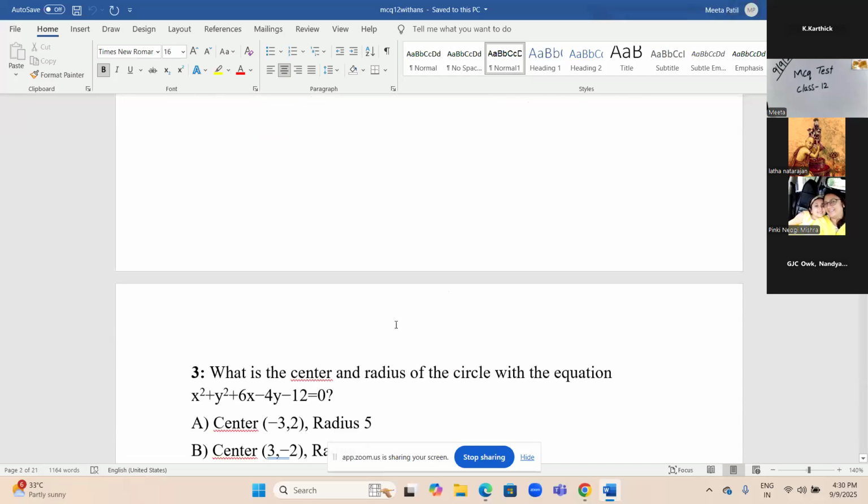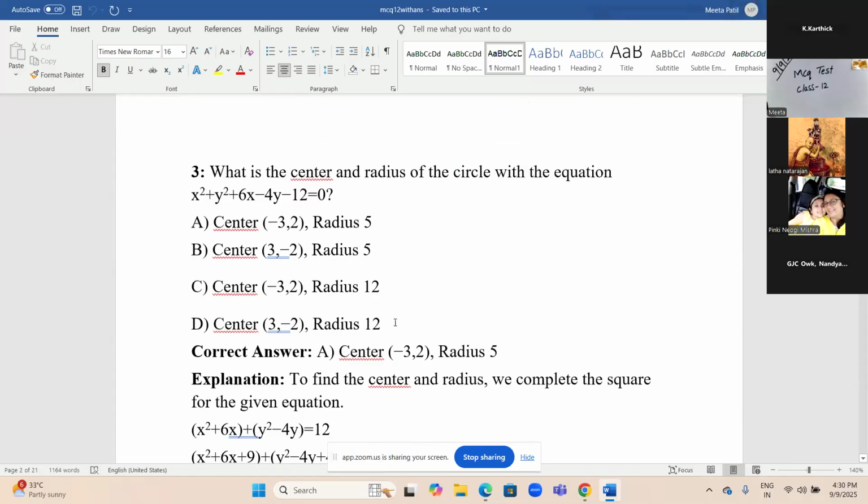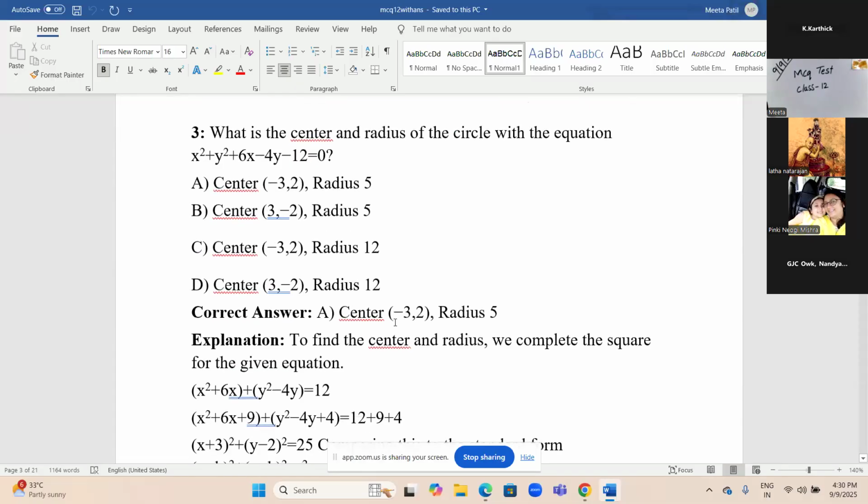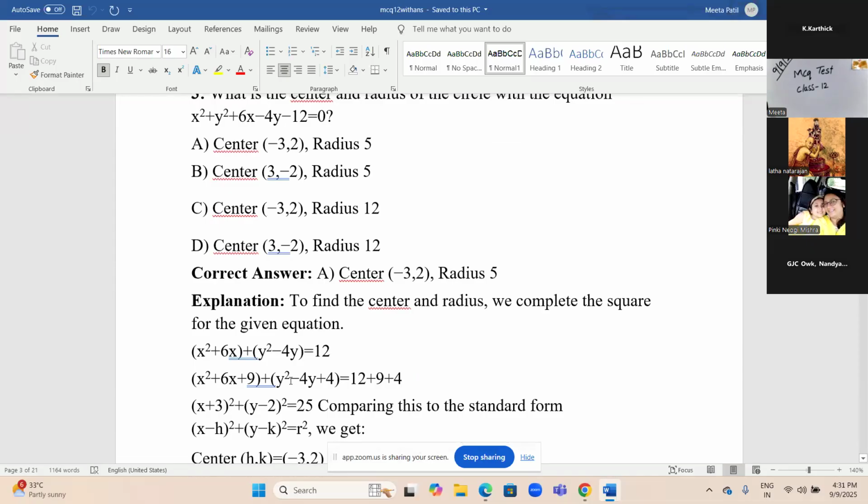So next, your third question is, what is the center and radius of the circle with the equation x square plus y square plus 6x minus 4y minus 12 is equal to 0. So you know the equation, x square plus y square plus 6x minus 4y minus 12 is equal to 0. So here we are modifying the equation, keeping the x variables on one side and the y variables on one side,